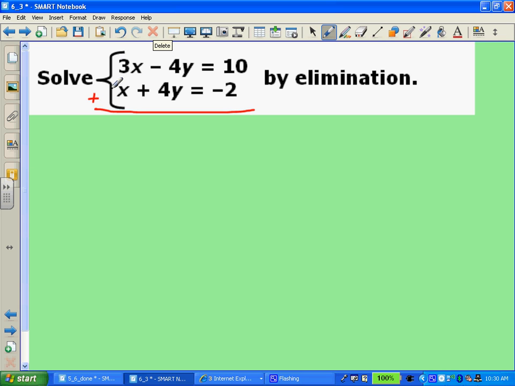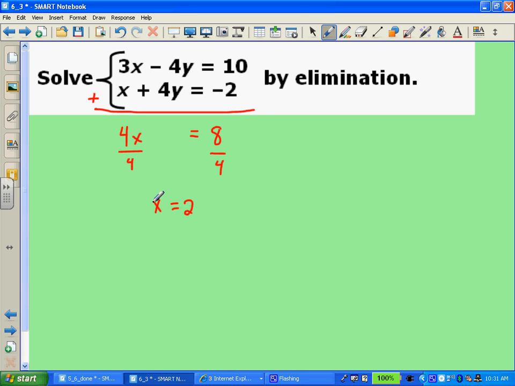So here I have 3x plus 1x, which is 4x. Now notice here I have negative 4y, positive 4y. So when I add those together, I'm going to get 0y. Essentially, my y cancels out. And then I have 10 plus negative 2, which is 8. So I really just have 4x equals 8, and then I can divide by 4